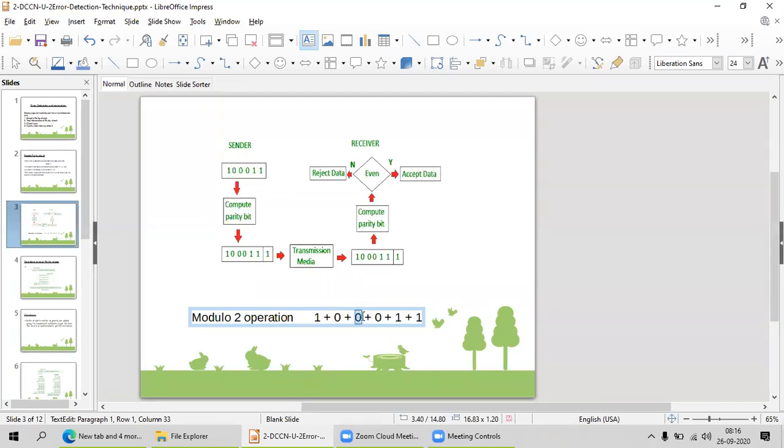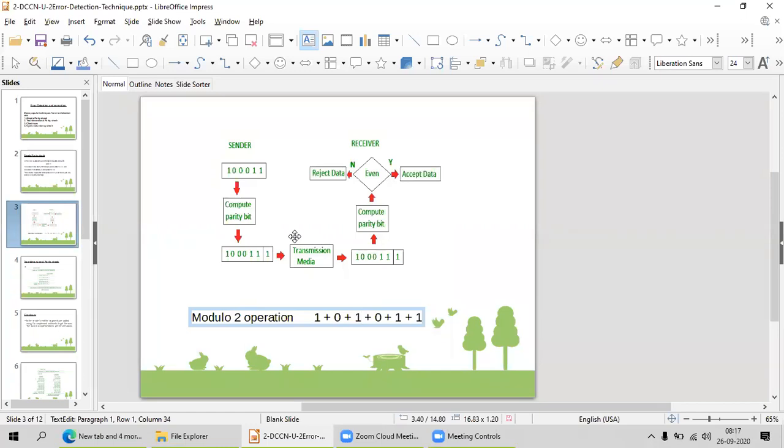If it is a different thing, in this case 1 plus 0 is 1, 1 plus 1 is 0, 0 plus 0 is 0, 0 plus 1 is 1, 1 plus 1 again 0. I am going to get 0. At the right hand side also it is the same thing, it is going to check whether this is even parity. It is simply a parity check. If misplacing happens, what happens, we are going to see in the next things. This is a simple parity check.